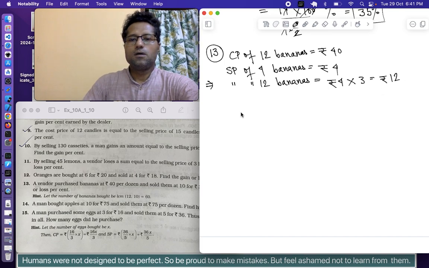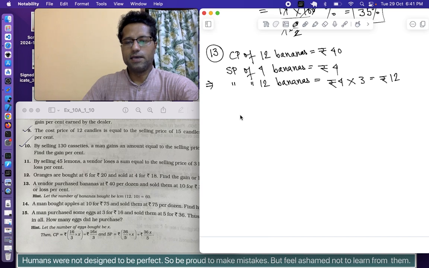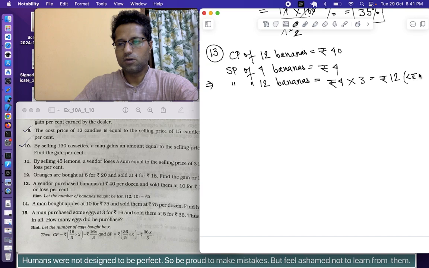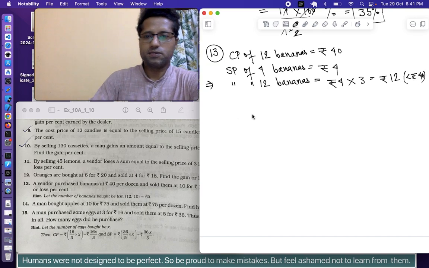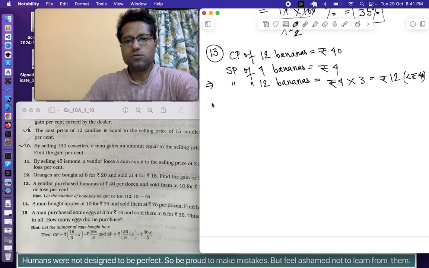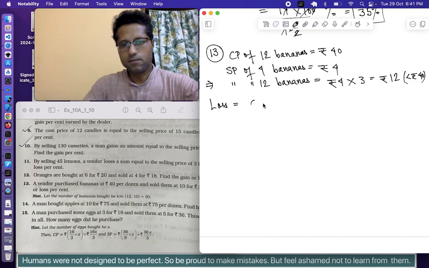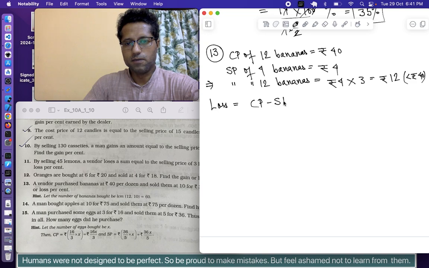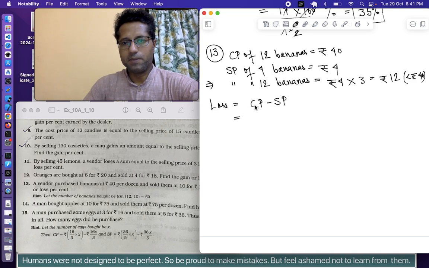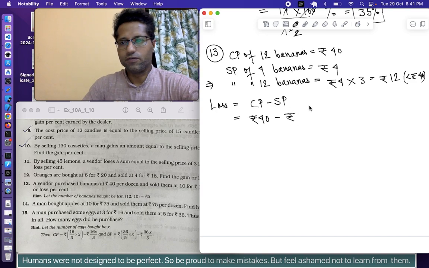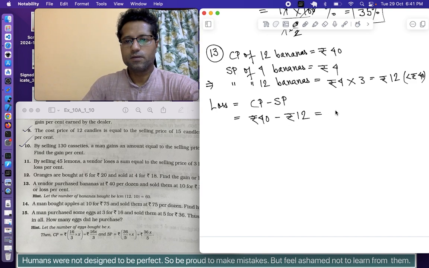So we can see that the SP is less than the cost price, that is 40, and the SP and CP are based on 12 bananas. So there is a loss, which is equal to CP minus SP. CP of 12 bananas is rupees 40, and selling price of 12 bananas is rupees 12, which is equal to